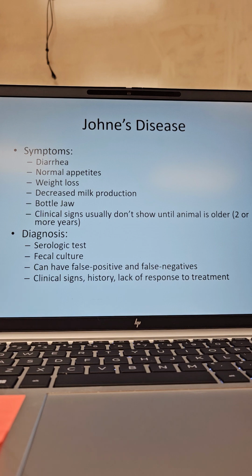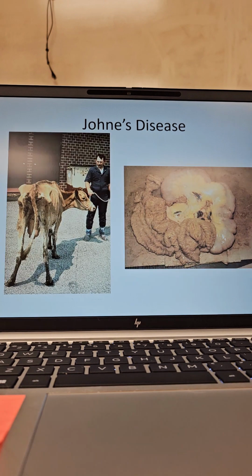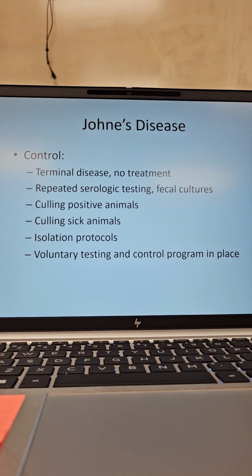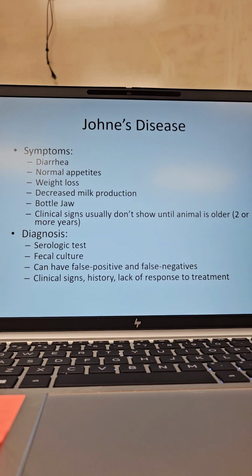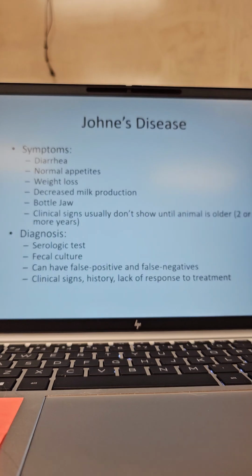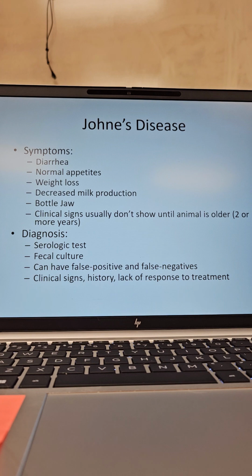They will also develop something called bottle jaw. You can't really see it on that cow, but they will have a thickened bottle, or thickened neck of the jaw. Clinical signs usually don't show until the animal is older, like 2 or more years. You can have infected animals, but you won't know they're sick because they eat normally and act normal otherwise, but they have diarrhea and they just lose weight as they get older because they're not